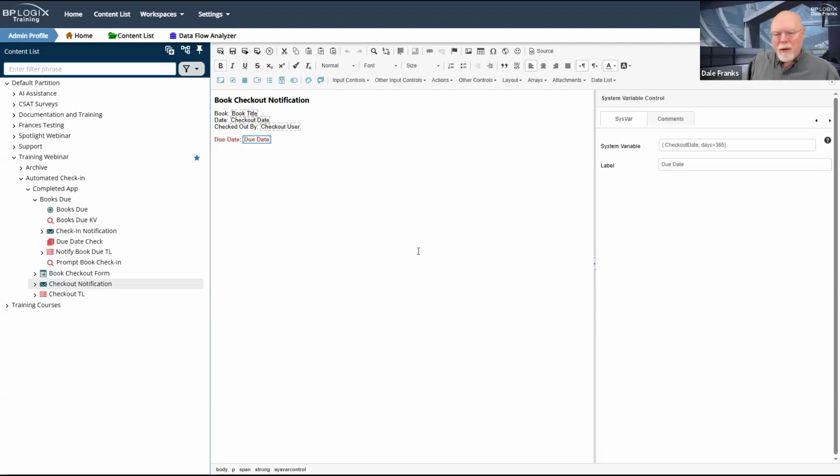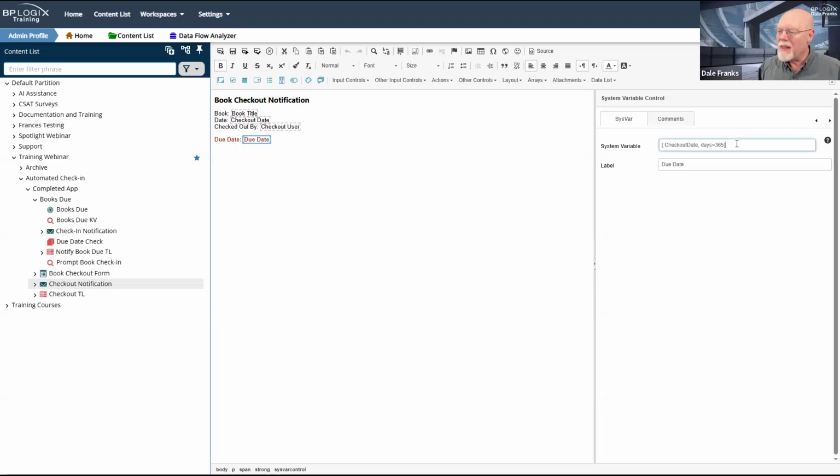So let's talk about the due date. There are a couple of different ways that we could do this, and this is purely a matter of preference. In my case, I've decided that I am just going to derive the due date programmatically.